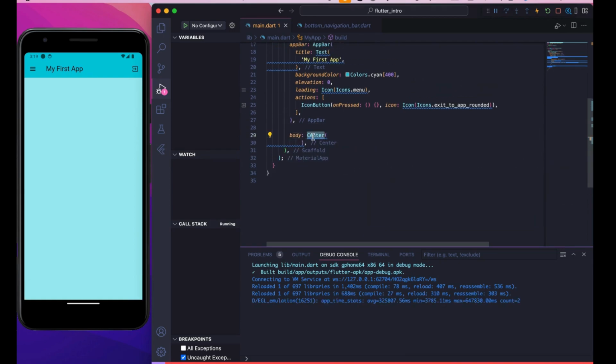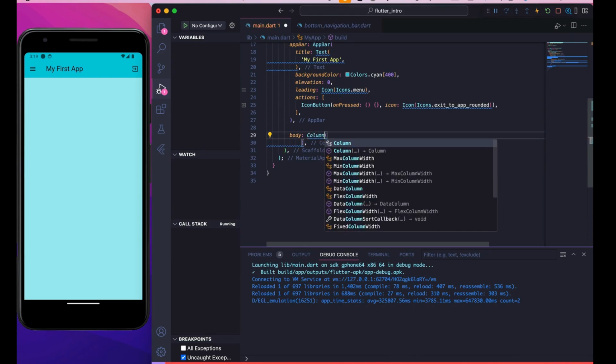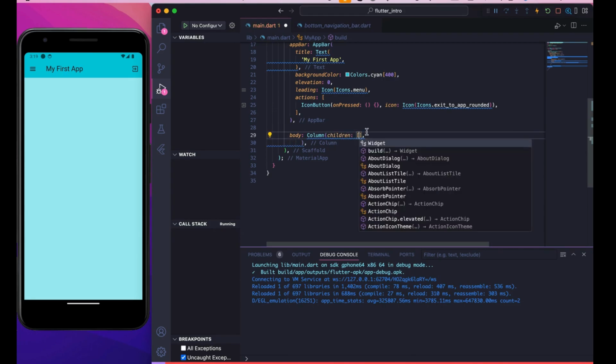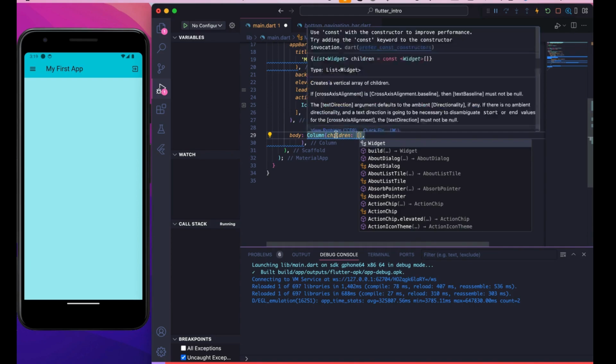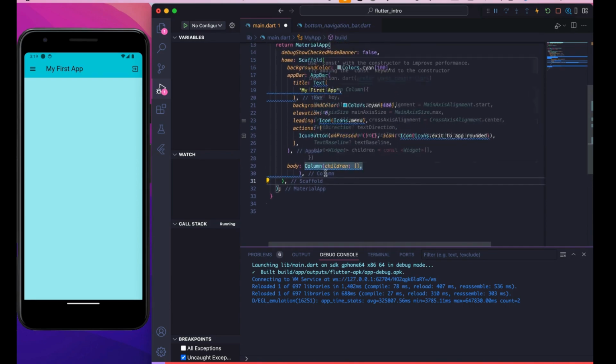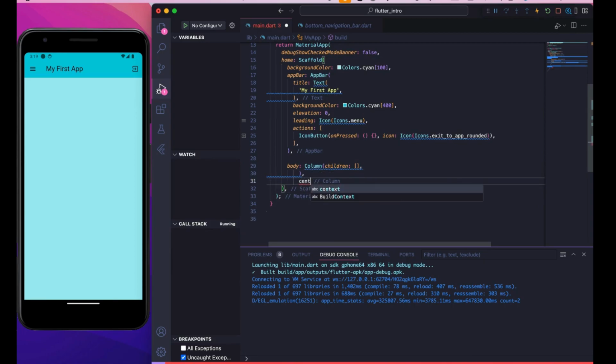So the widget I'm talking about, which is very important in Flutter, is column. As the name suggests, column is a widget which holds a list of other widgets in a column. Just like a table, it holds children. In Flutter there are two types of widgets. One type only holds a single child. We took the example of center, right? So if I write center,